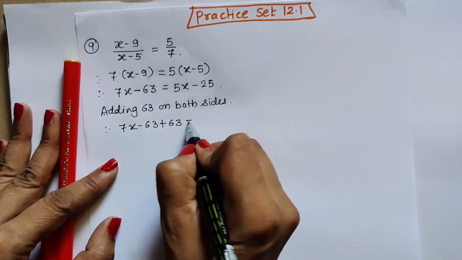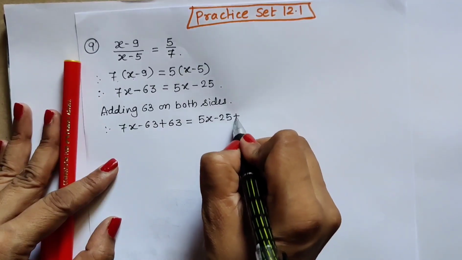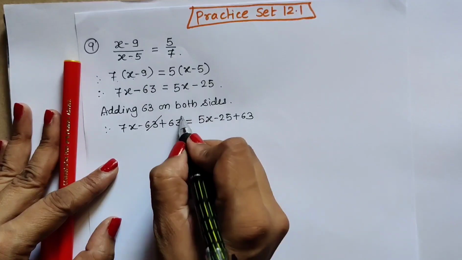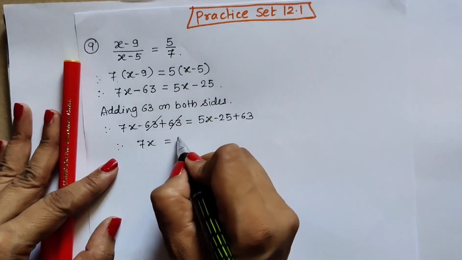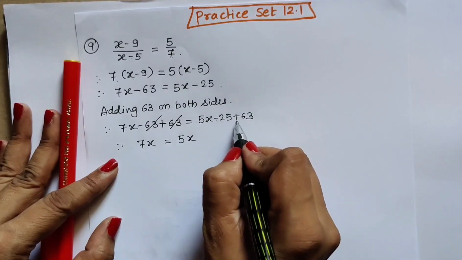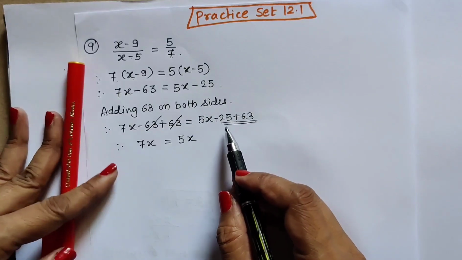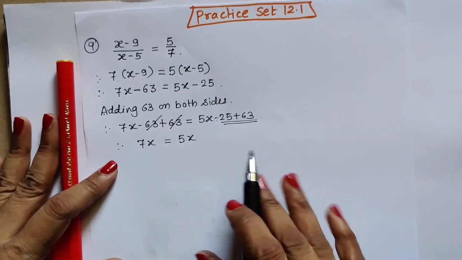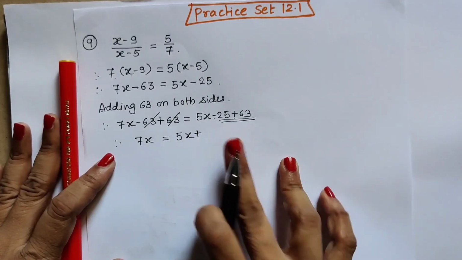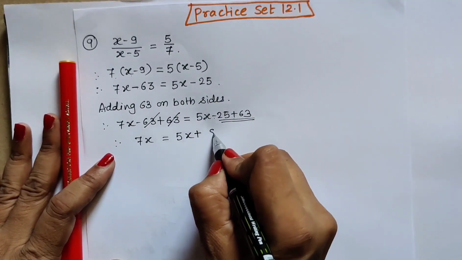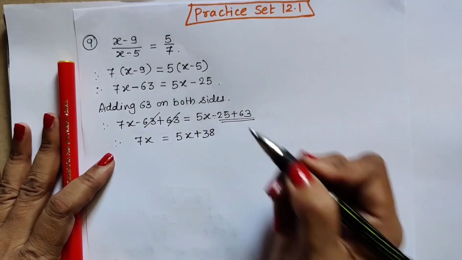So add 7x minus 63 plus 63. We have added 63 on left hand side. Now add on right hand side. 5x minus 25 plus 63. Minus 63 plus 63 cancelled. We are getting only 7x is equal to 5x as it is minus plus. Both are the constant. We can do the addition or subtraction. So plus minus become minus. Sign of bigger number. Bigger number is plus. Now 63 minus 25. What is the answer? 13 minus 5 is 8. 1 carrying, 38 we are getting here.